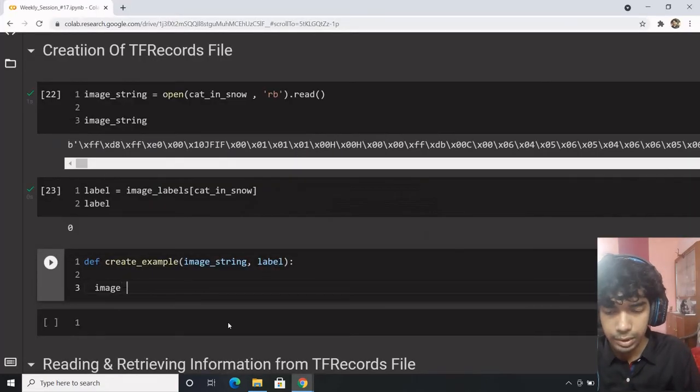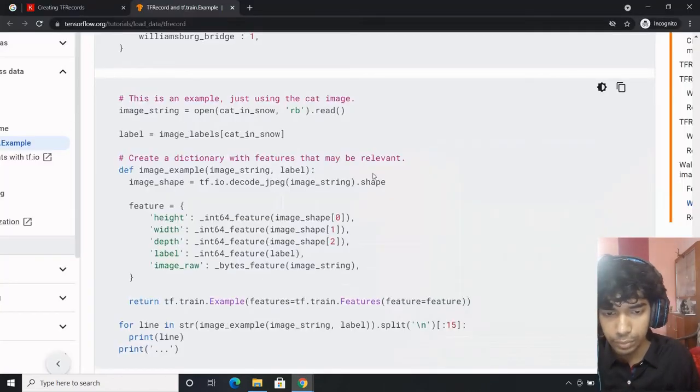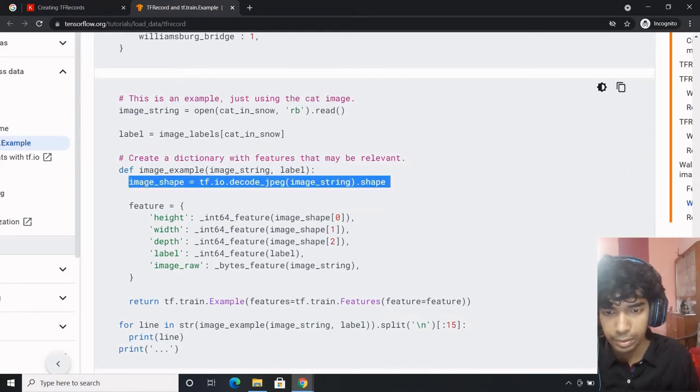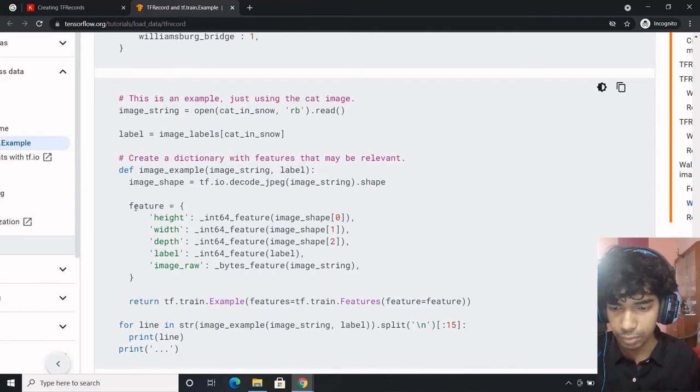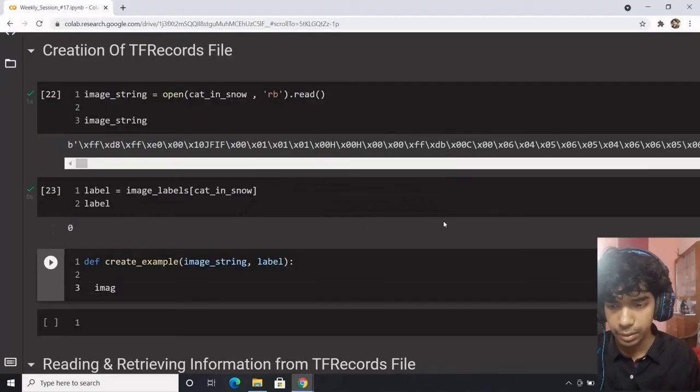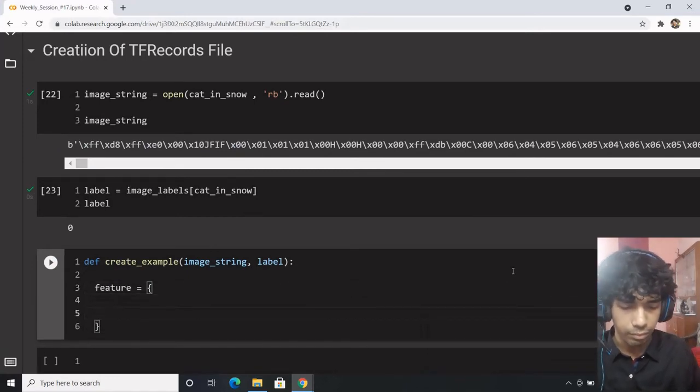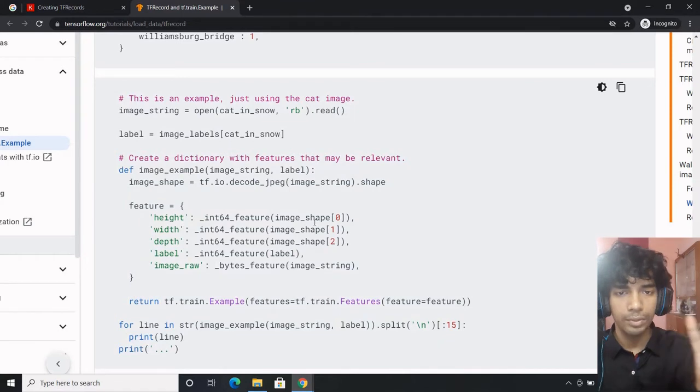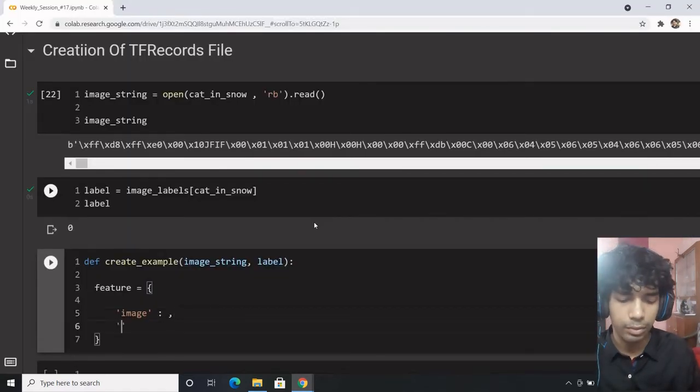We'll go to this at a later stage. Just focus on the fundamental part of this. One is the feature map as defined before. Here in the feature map, I need only two things: the image and its corresponding label.